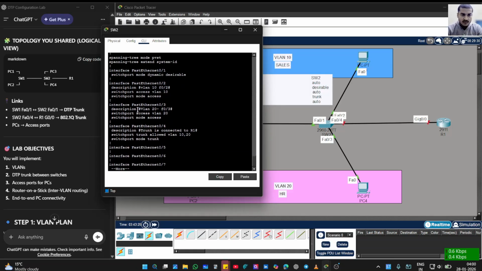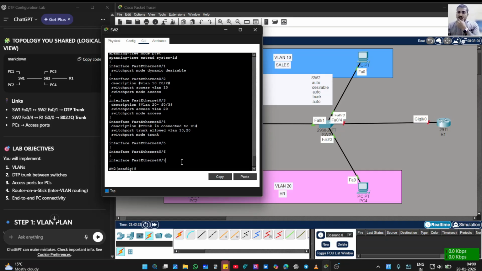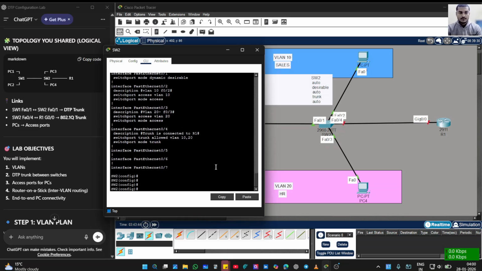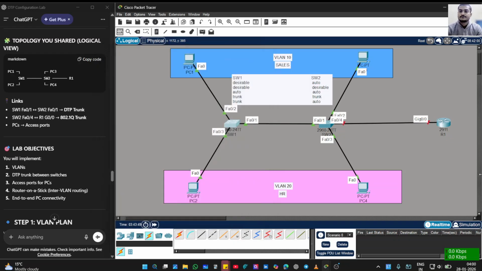Yeah, here it is, the trunk. Okay, now whatever we will make the configuration on the router. I'm leaving this device right here. I will just give it do write memory, then leave it. Now